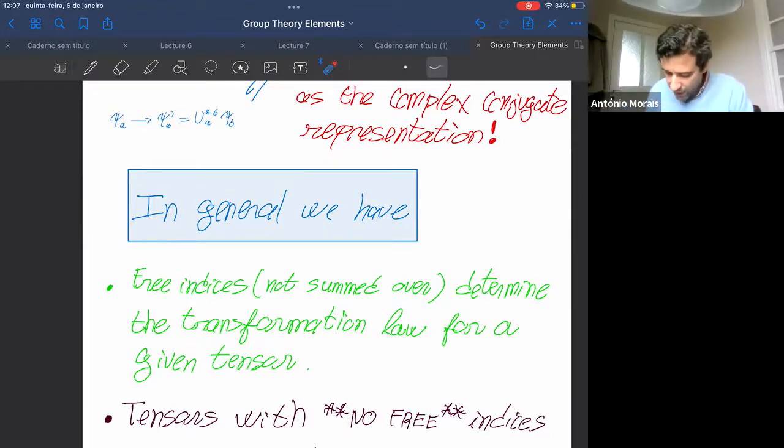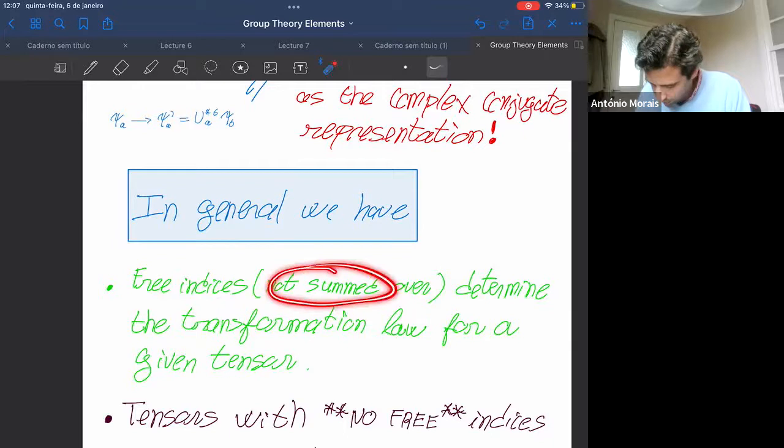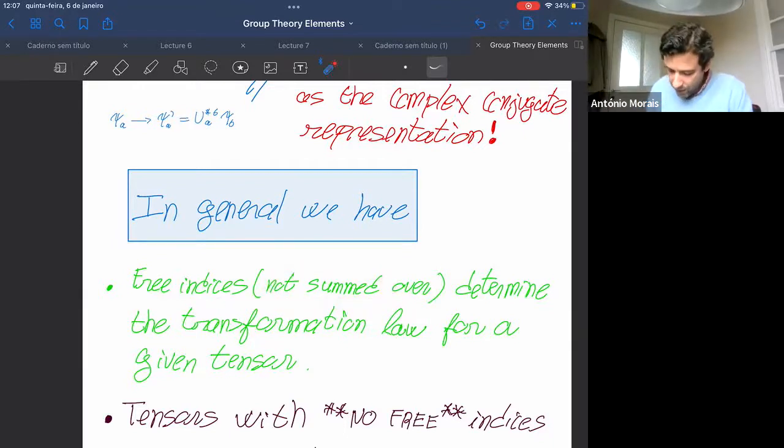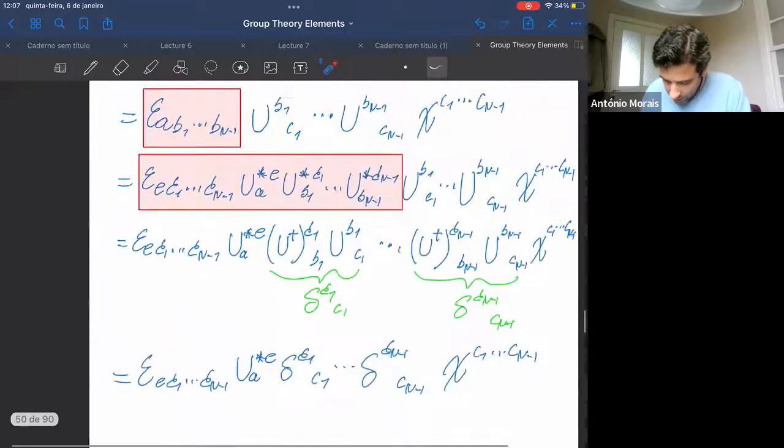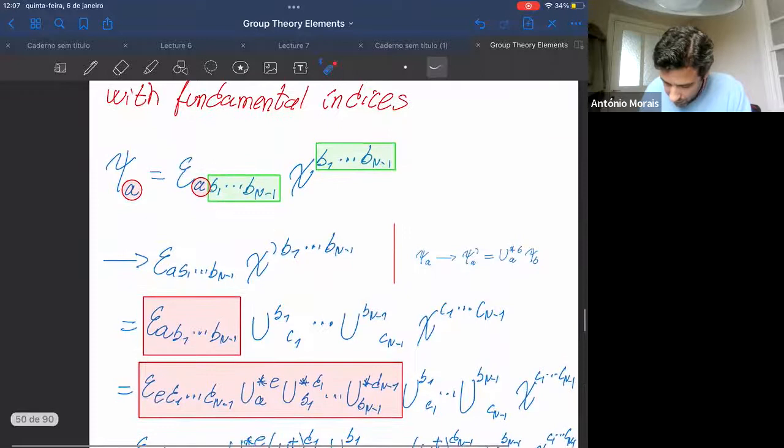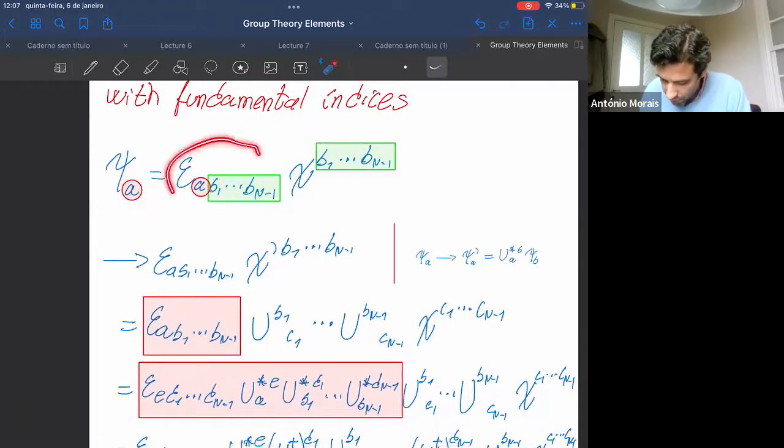So, in general, what we have is that free indices, that is, indices that are not summed over, determine the transformation law for a given tensor, as you've seen here. So there is one free index here, which is A. It's not summed over, so you see here. So if you were to block, now I was blocking with my hand, of course, you don't see my hand blocking here. But if you were only